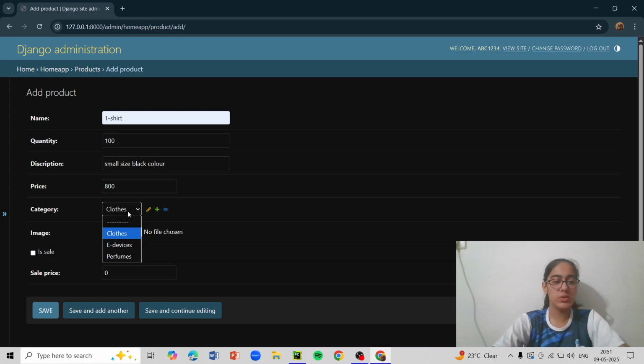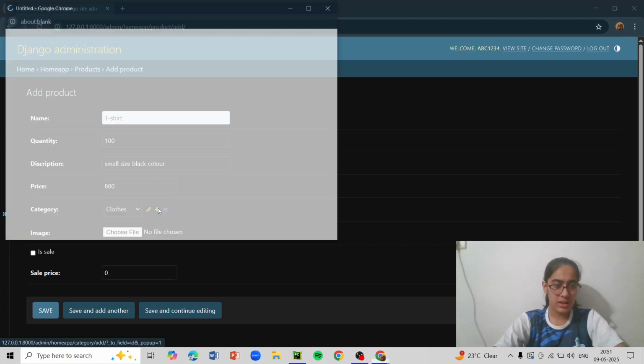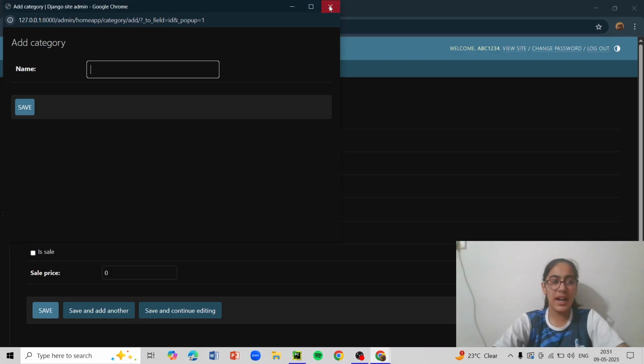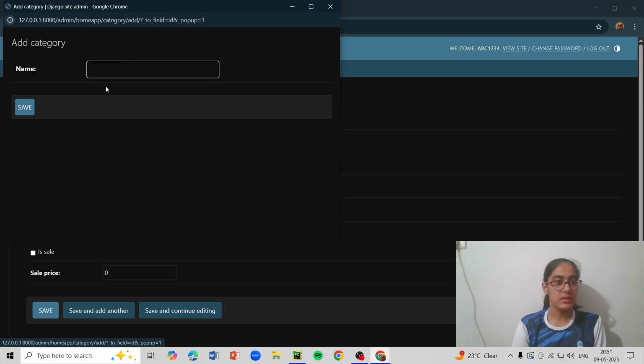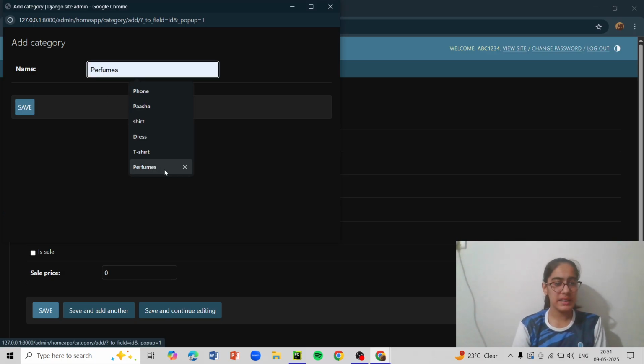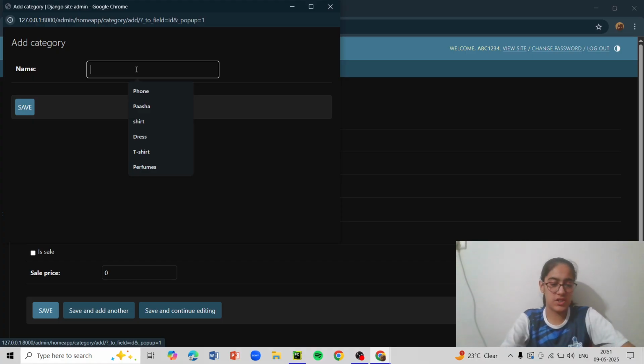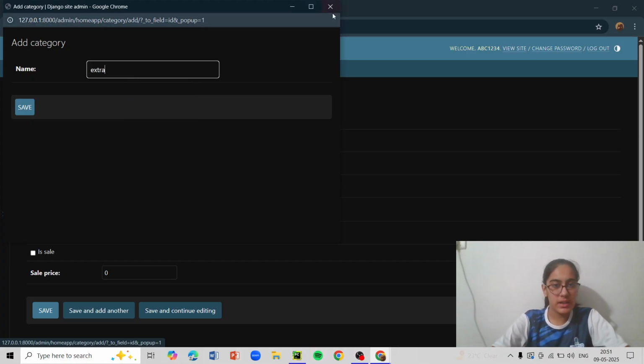There can also be an option that no category, but we don't need that right now. And if you see here, you have an add option. What does this mean? This means that if I want a new category, I can simply add it. It is not currently in my categories, but I still want to add it. So I'll just add name. Let's say I want to add it in an extra.